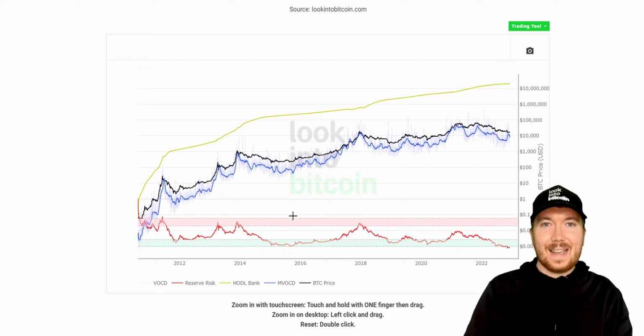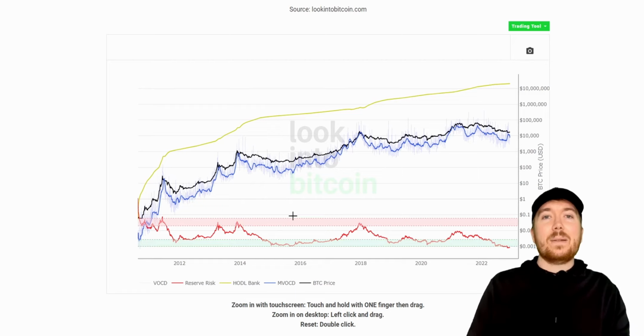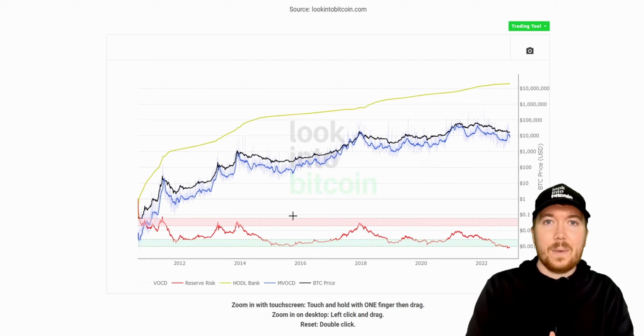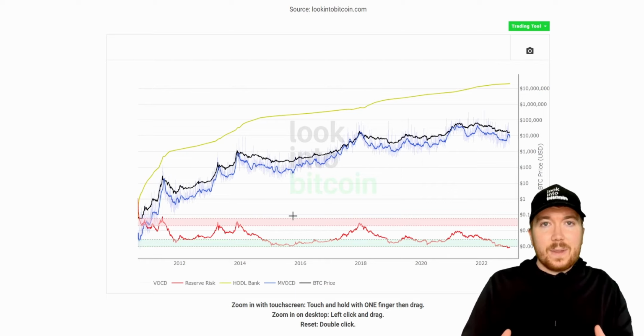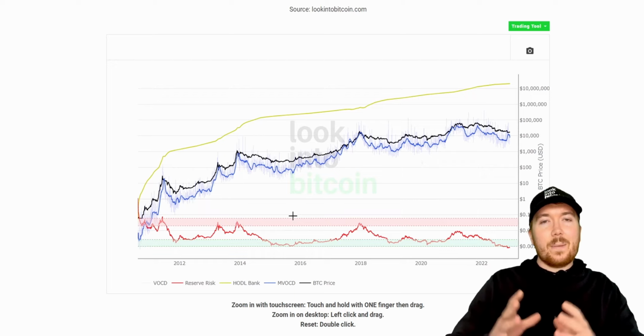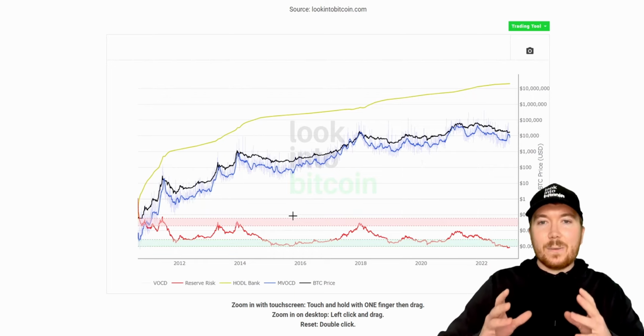So as this is taking into account the willingness of a Bitcoin investor to part ways with their coins, and especially as this is weighted more towards those Bitcoin investors that have a large amount of Bitcoin that have been holding for an especially long period of time, we can say if they're willing to part ways with their Bitcoin, maybe the market is becoming a little bit overheated, especially as these with huge amounts of Bitcoin that have been held for an extended period of time may have a bit more experience and expertise when it comes to timing